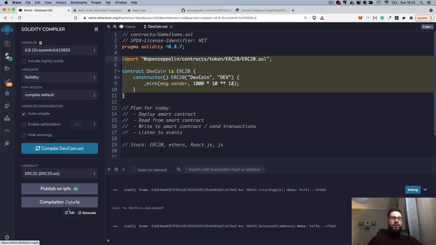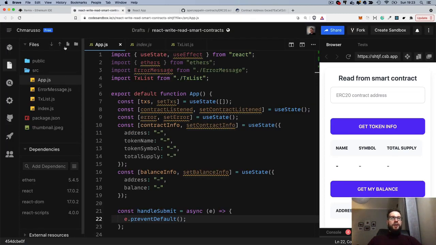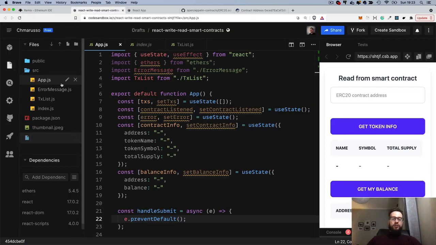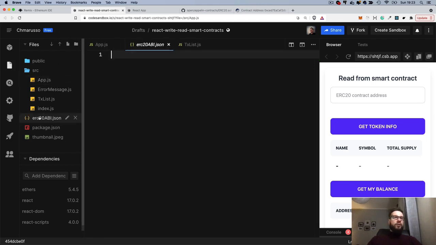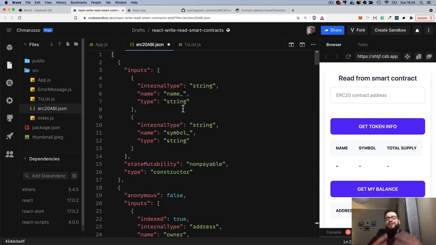I'm just clicking here, copy, and you can do it once your smart contract is compiled. So I copy the ABI code, and now I will add it to my project. I will create a new file, call it ERC20 ABI dot JSON, and move it to the src folder. If I go to this file, you can see we have a kind of schema